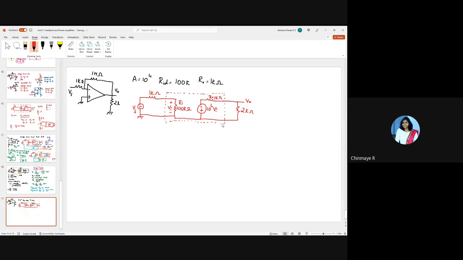Okay, so now we also have this feedback resistor that is connected between the input and the output. Let me just mark it up in a different color. Okay, so now you have a resistor here which is connected in between the input and output. This is 1 mega ohm. Is this clear to all of you? Any doubts in this?